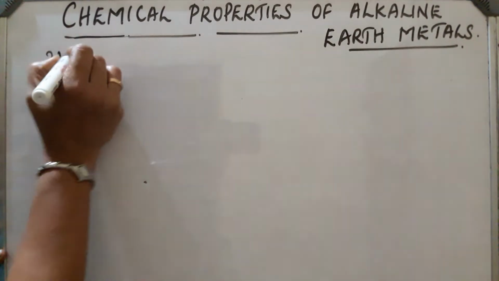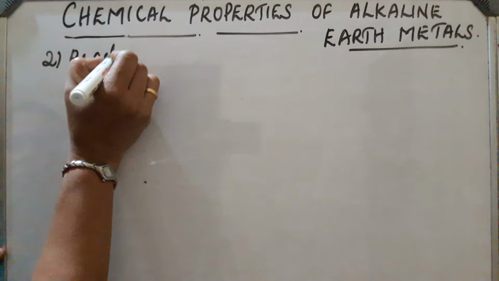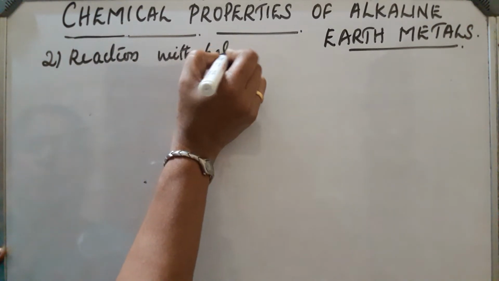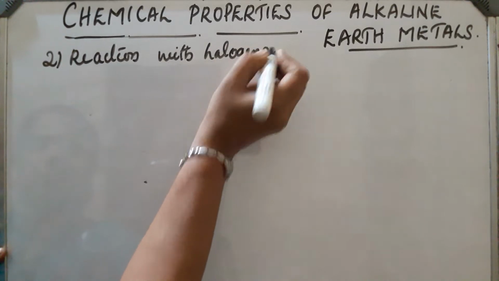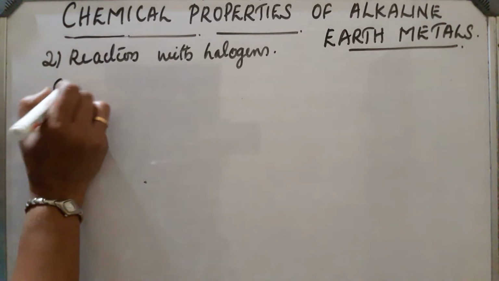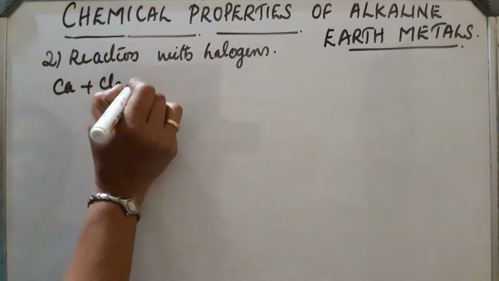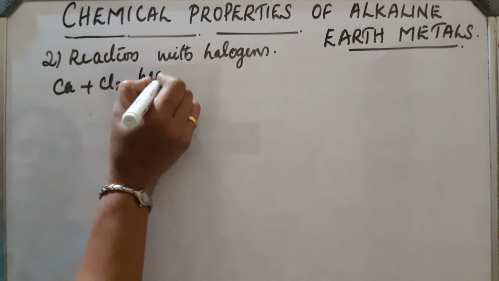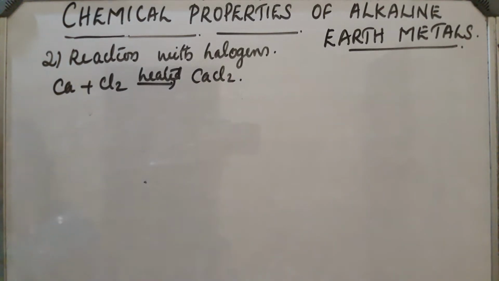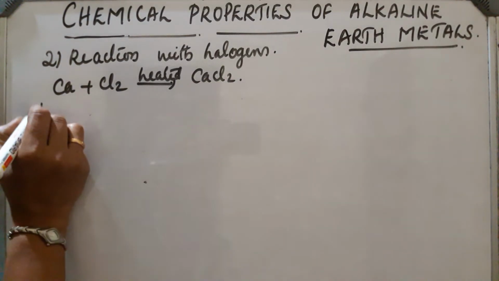Next, the second property, reaction with halogens. When alkaline earth metals are heated with halogens, they directly combine. For example, calcium plus Cl2 on heating forms CaCl2. But for beryllium halides, for example BeF2,